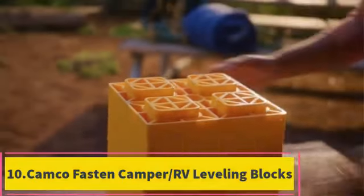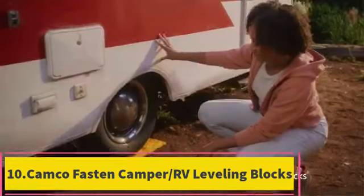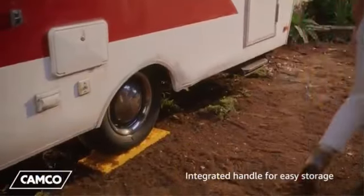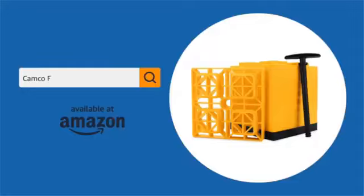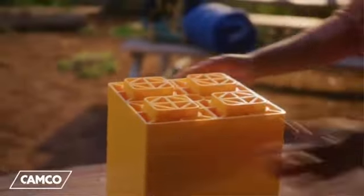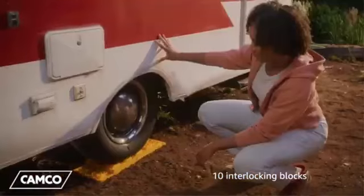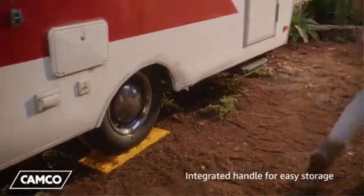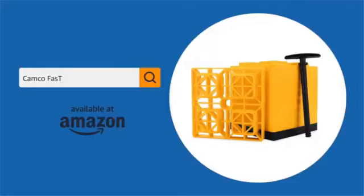Product 10. Product name: Camco Fasten Camper, RV Leveling Blocks. The Camco Fasten Camper, RV Leveling Blocks, 21024, are designed for stabilizing and leveling RVs, trailers, and campers. These blocks feature an interlocking design, allowing users to stack them for customizable height adjustments based on uneven terrain. Each block measures 8.5 inches by 8.5 inches by 1 inch,